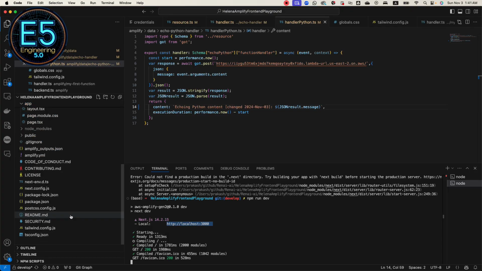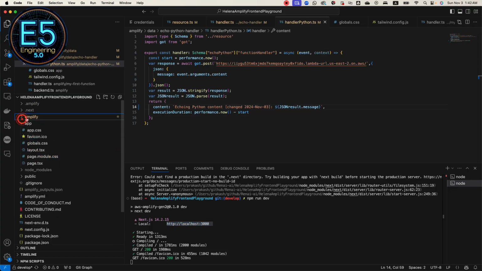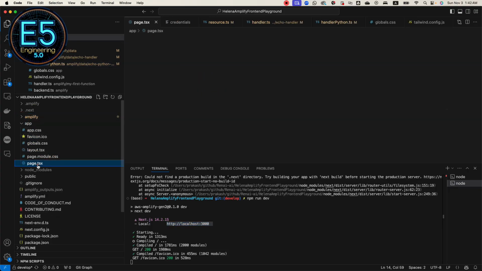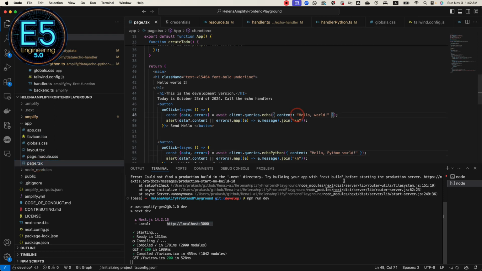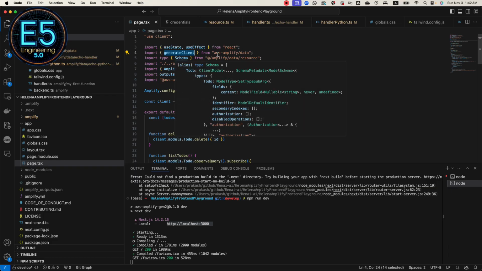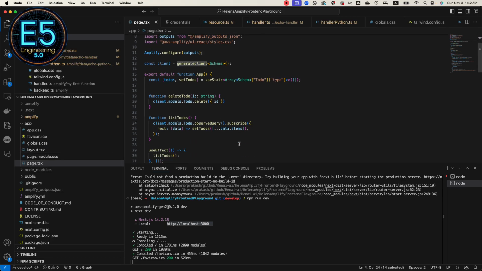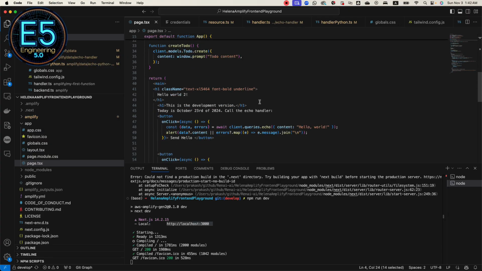Let me change that. That front end code is in the app directory, so that's the backend code. This app directory is front end code. Over here, instead of sending the content hello world, notice that to connect to the backend, what you do is you do something called the generate client, and then it will generate the client from AWS Amplify data. So that's some library, and then when you do the generate client, you can use,